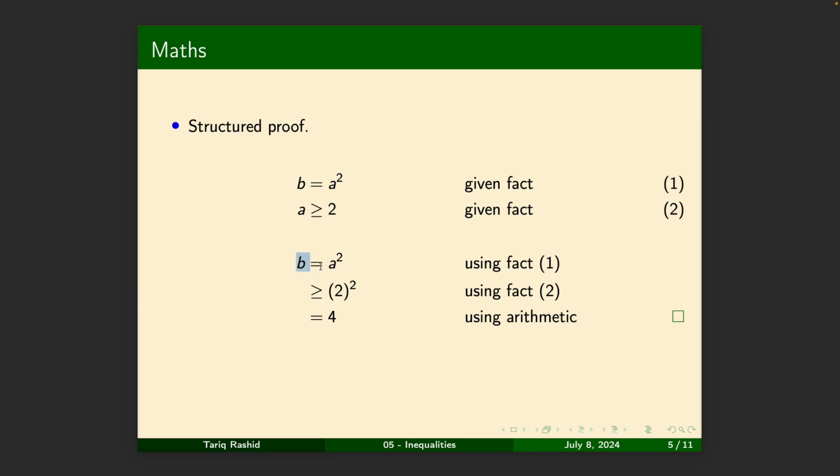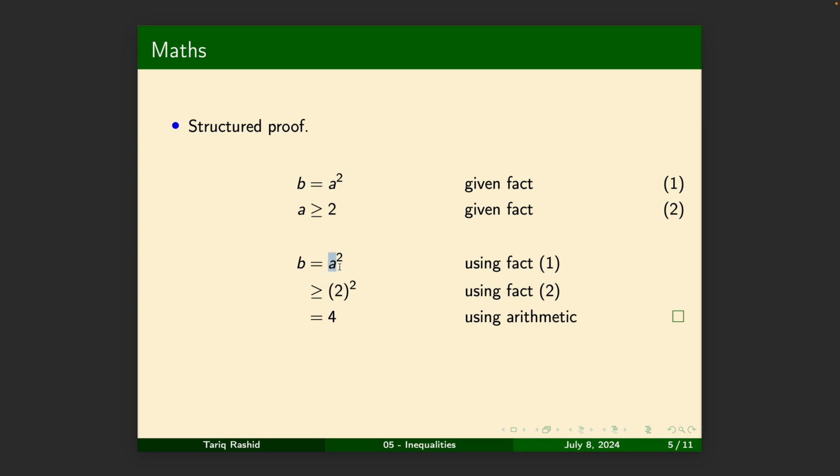So b equals, well, what does it equal? Well, we know that it's a squared. We make it explicit to say it's using fact 1. That's a good habit to get into. I know it sounds obvious, but this is how we'll translate it into Lean code. And then we say, well, we want to prove eventually that b is more than or equal to 4, but